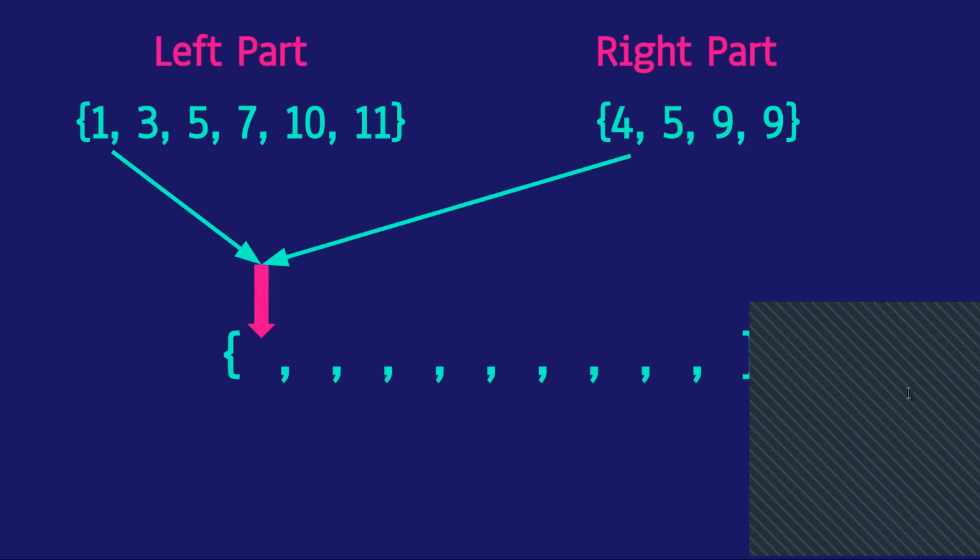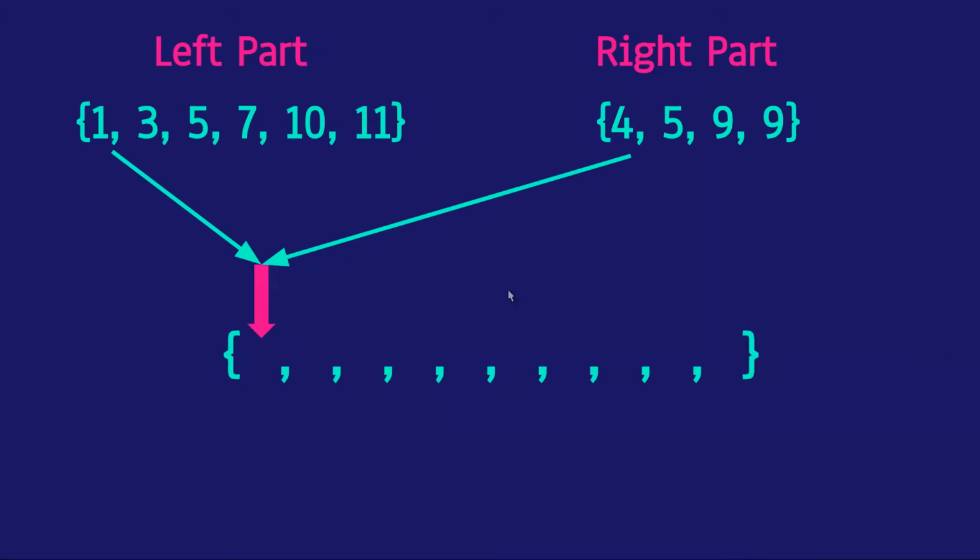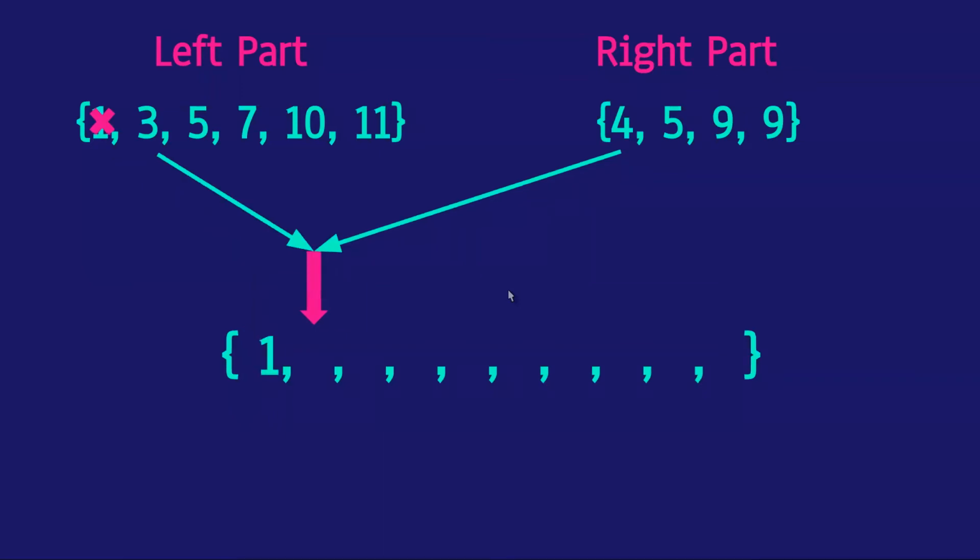Right, Satvik. So one should come, right, because we are arranging it in ascending order, and the smallest elements come to the left and the biggest elements go to the right. So it makes sense that we choose one here. So let's choose one. Now we have chosen one. It is inside the answer, and now we don't have to deal with it. So I'll just cross it out in the left part. Now we move the pointer. We move the arrow to the next element in that array from which we chose the last winner. I'll call these elements which we are choosing winners, and the elements which we are comparing competitors.